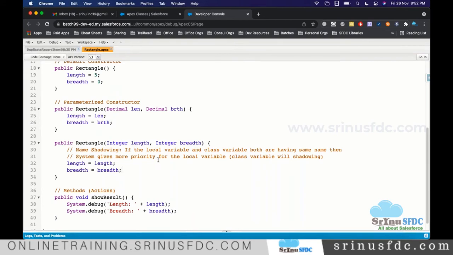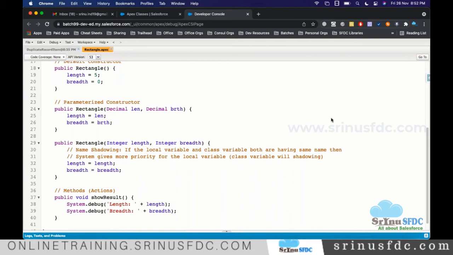So I have a question. Yeah. So what's the reason behind it? If you are passing a decimal and an integer to the rectangle, then it will call the constructor that has both decimal parameters. Okay, sir. Sir, is it something related to typecasting or is there some other reason?